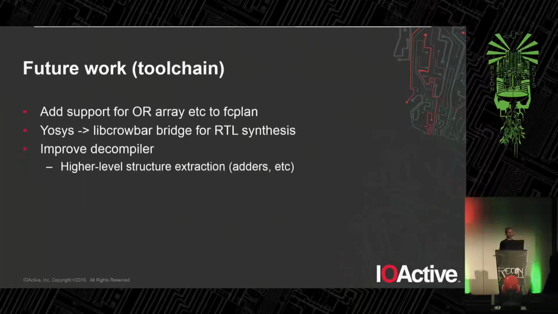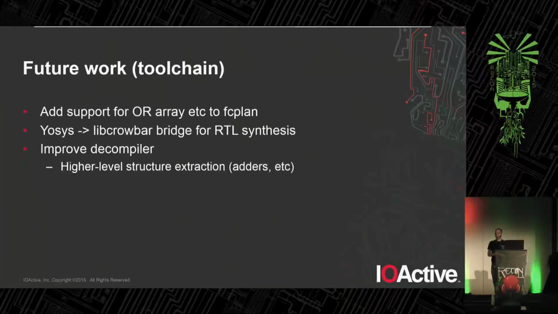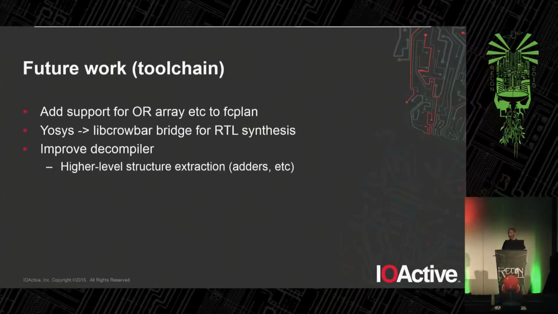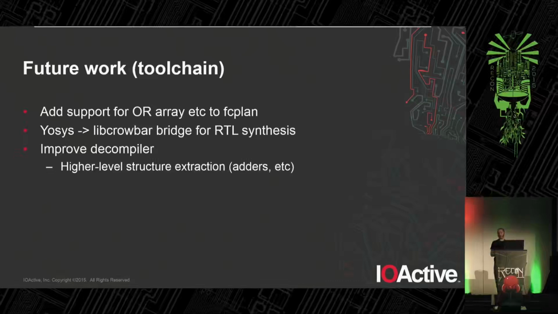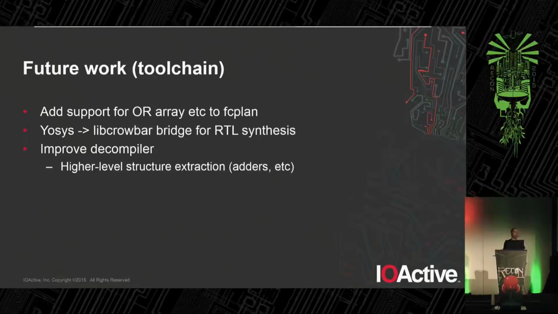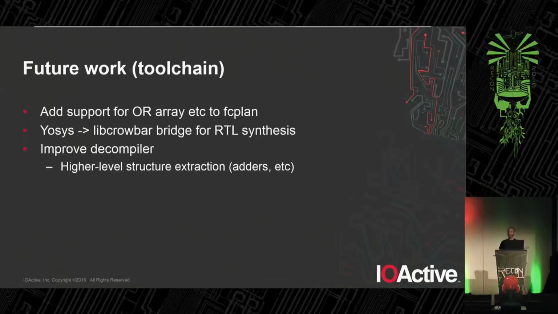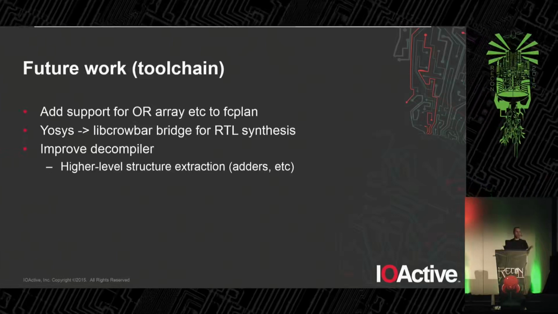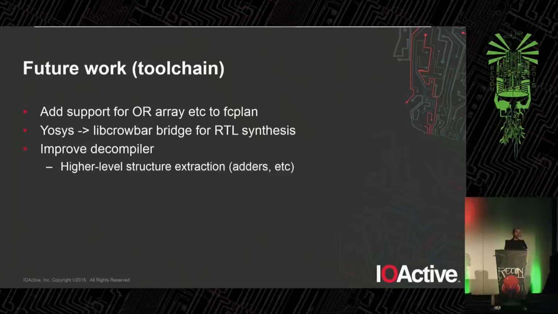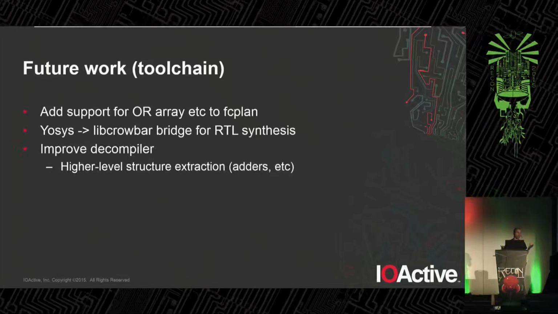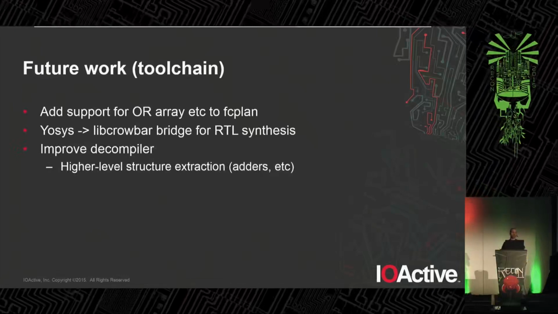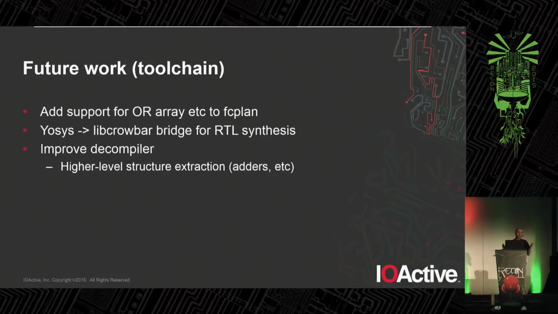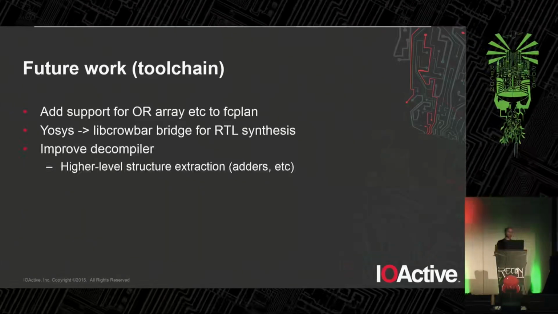As far as the tool chain, I want to do more work in the decompiler. My long-term goal with this work is to integrate with some other bitstream reversing projects and so on, and create the IDA for hardware. I would like to be able to go from bitstreams for Cool Runner, bitstreams for Spartan 6, bitstreams for Stratix 4 and everything, and go from that up to a device-dependent technology map netlist, abstract that up to a device-independent netlist, something more along the lines of LLVM IR for hardware, and then do higher-level analysis